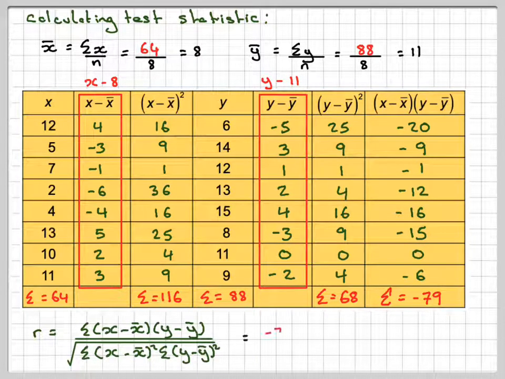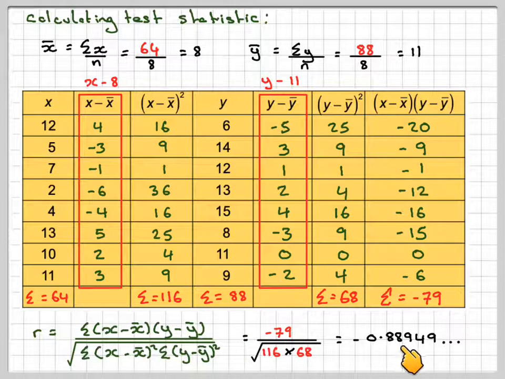So the first thing is going to be minus 79, because this is minus 79. The square root of 116 times 68, so make sure you pick the right ones. Okay, and if you work that out, you get minus 0.88949, which gives you minus 0.8895. Now, like I said,